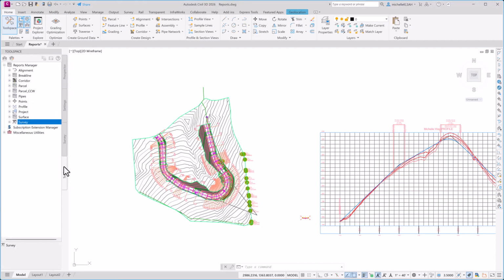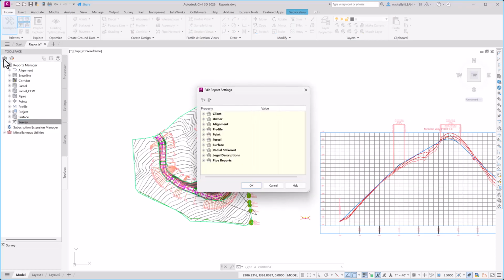Before I run any reports, I typically set the Toolspace settings to make sure I have all the settings set up the way I want. So clicking on the toolbox, I'll expand the report settings and set the contact information for the client and the contact information for the owner, and then going down and setting up the parameters for the precision of units that